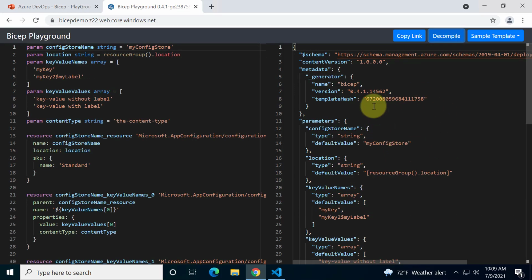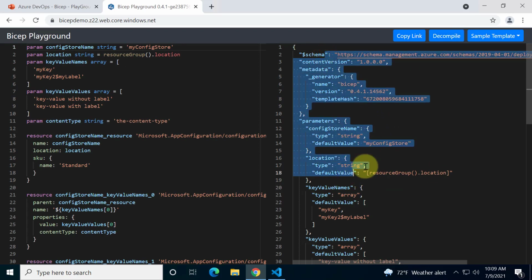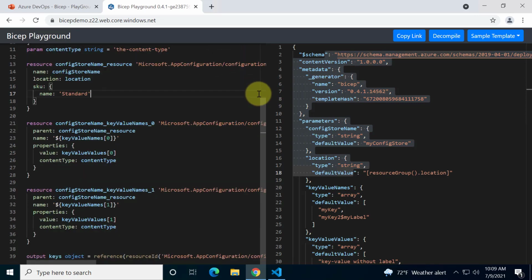Yep, you see on the right hand side, this is our ARM template, and it automatically created a bicep script which is available on the left hand side. So whenever you want to convert your ARM template into a bicep script, you should use this decompile feature. So definitely this online bicep tool, Bicep Playground, helps you a lot if you're planning to work with bicep or planning to convert your ARM templates into bicep.